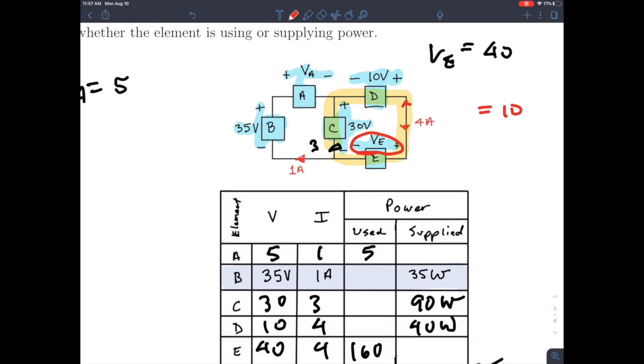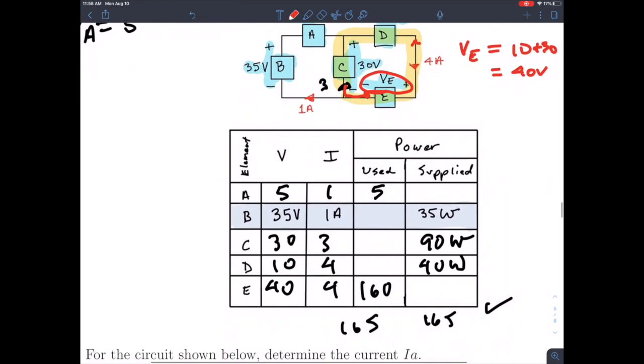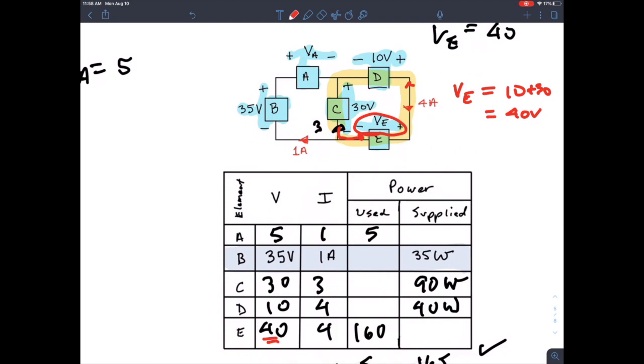Okay, and then I also have a drop of 30. And then coming on around, I have a rise of VE. All right, so VE is 40 volts. Okay, so I would put that into my table. All right, and the next thing I would do is I would look at the